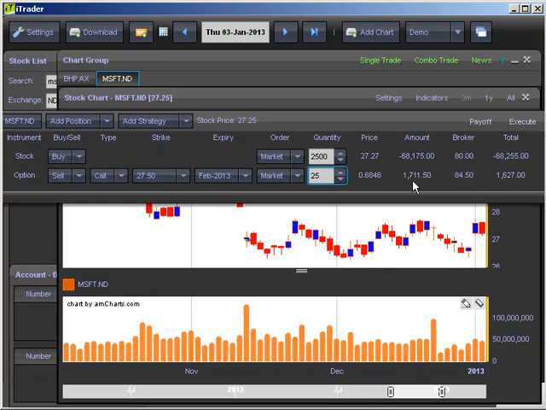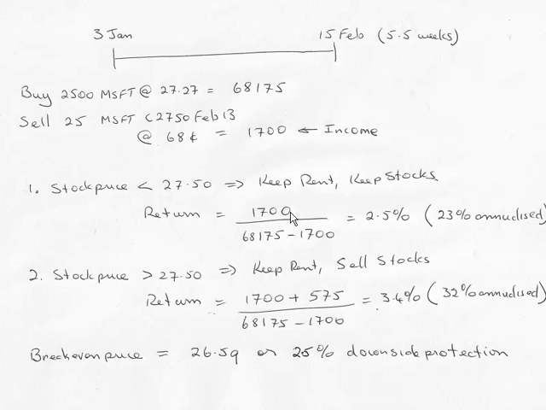Now, before I execute this trade, I just want to make absolutely sure that we all understand what's happening. So let me go to the whiteboard and review what we've got here. Okay, so the current date is the 3rd of January, and we're about to buy 2,500 Microsoft stock at $27.27 each, which will cost us